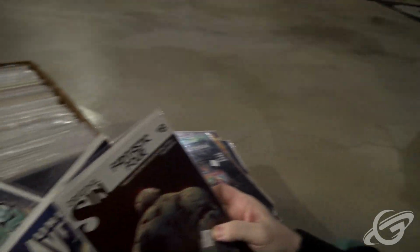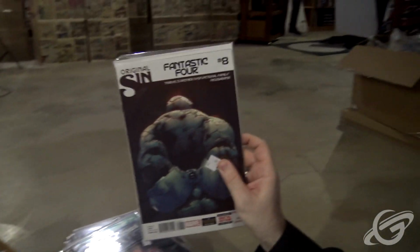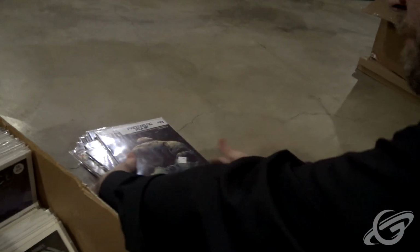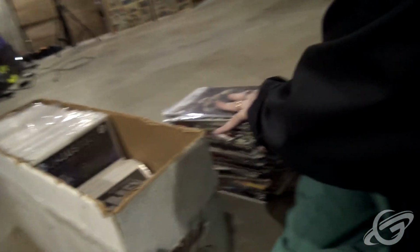Fantastic Four. During Original Sin. Original Sin is a really good event in Marvel. I gotta be careful that this stack doesn't drop on me, so...